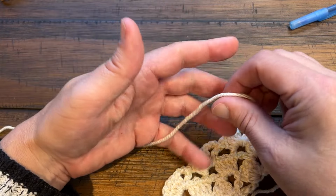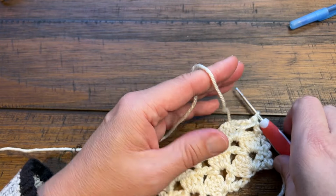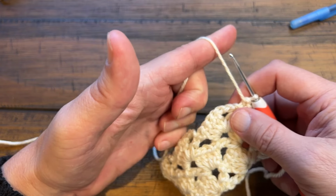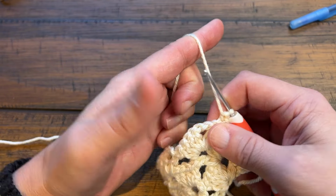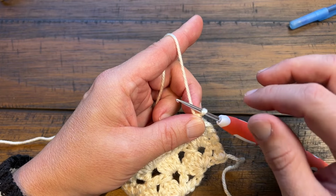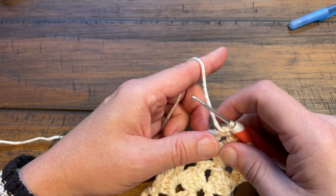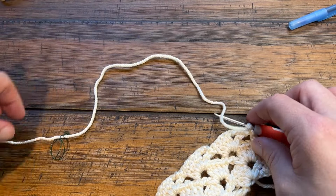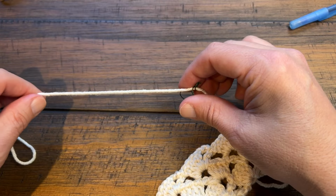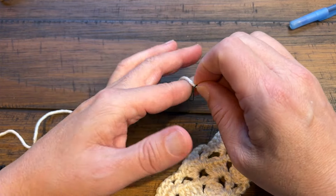So I want to show you the way that Daniel crochets. Daniel crochets up like this, so it's in front of his hand completely and just comes up over top of his finger. I can't crochet this way because he closes his hand, and so the tension is in his closed hand, and I feel like that's too much tension for me personally, but it may work for you. With him, he could technically almost use a tension ring because of the way that he's crocheting. So if I get my little floral wire that I made as a homemade sample, if I did it in Daniel's way here,